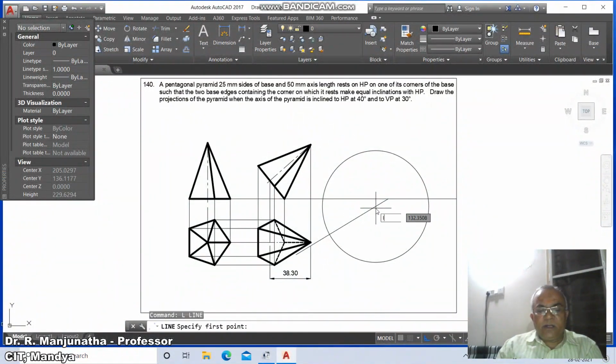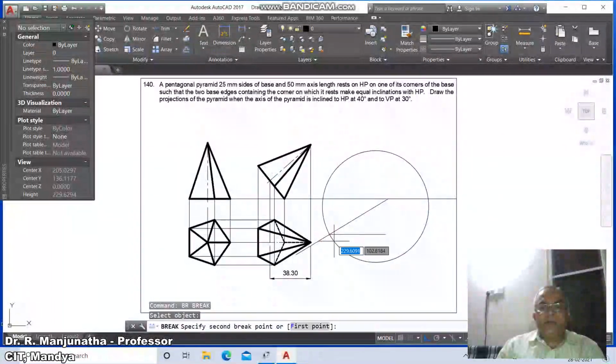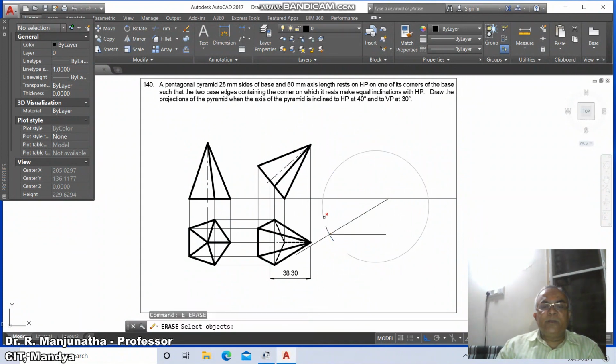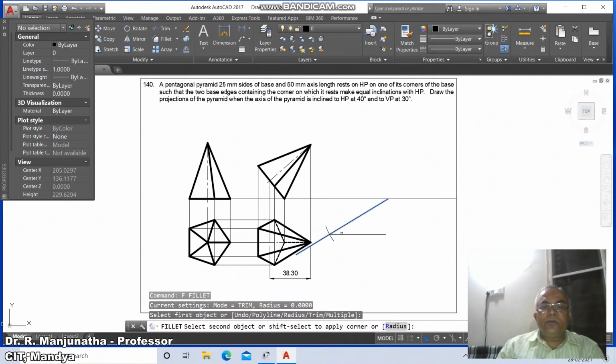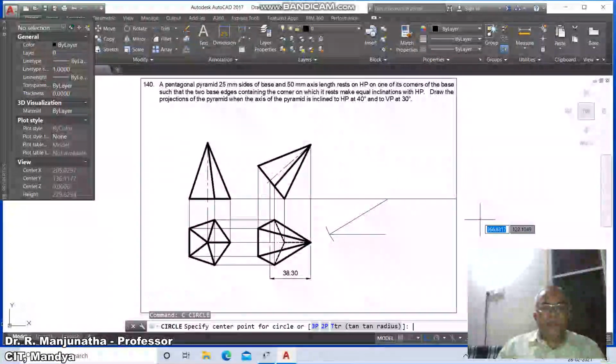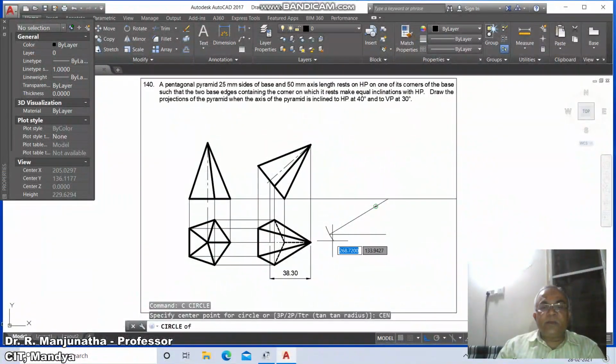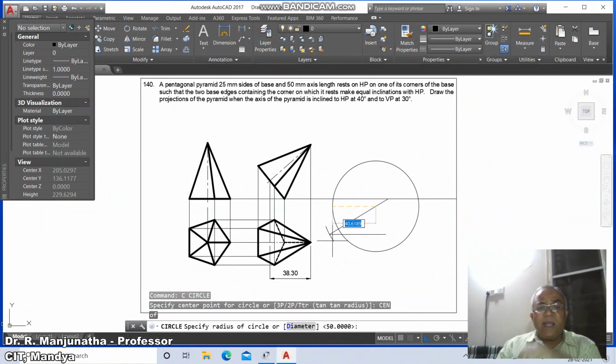Then go to line, draw a line from the intersection point of this and draw a horizontal line. Then trim, break this circle in the anti-clockwise direction, and remove this arc. Then fillet between these two. Then go to circle, take the center point of this and radius as 38.30.